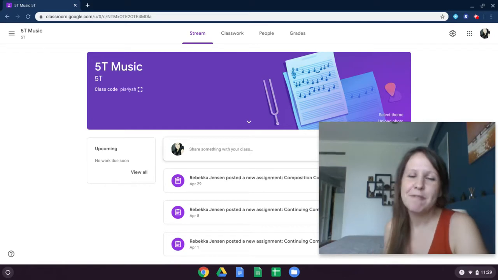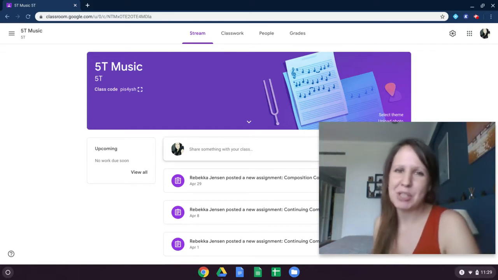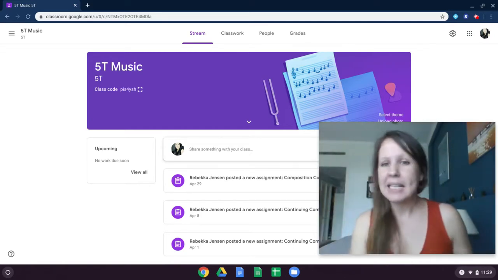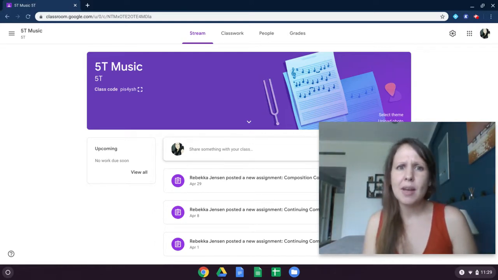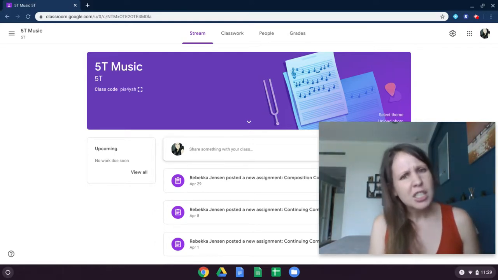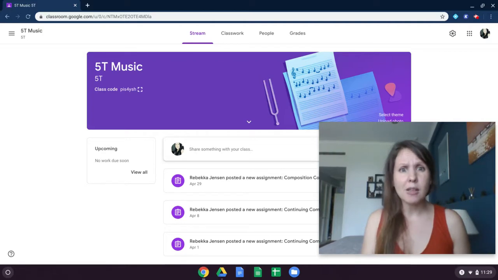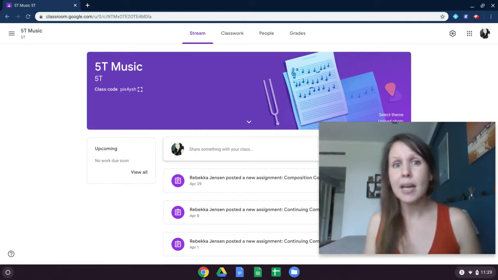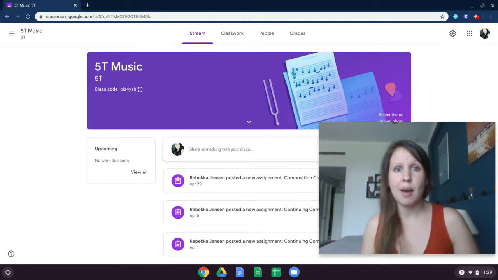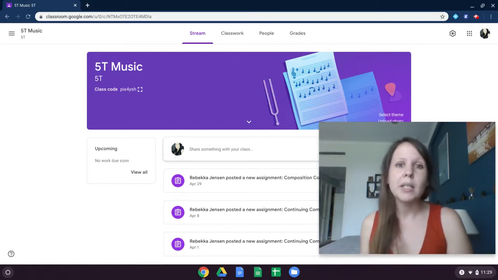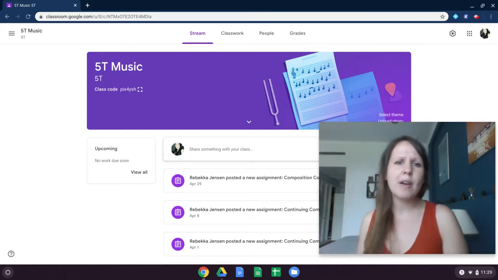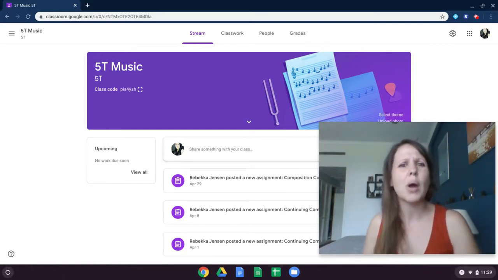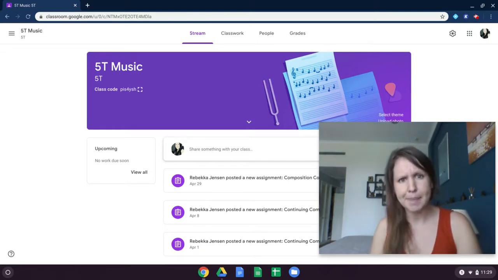So we have finished with our SDG compositions, and I know everybody is really at different places still with them. Some of you just did a little bit, some of you did a lot, many times, really adding to your compositions. And some of you weren't able to do it because whatever your situation is, it just didn't quite work for you. It's okay wherever you are, we can still reflect on them.